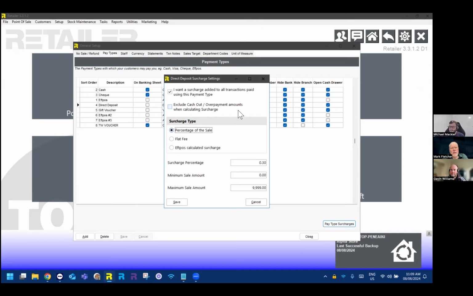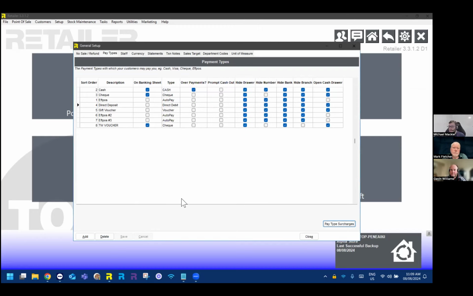And I didn't want to wait for a bank to turn something on or whatever. I wanted it up and running so that we could start to get the experience. Yeah, so it does literally take seconds. Like I'm in here, if I click save, bang, the moment I start using that payment type, Retailer will, and I'm integrated, it'll start sending across that